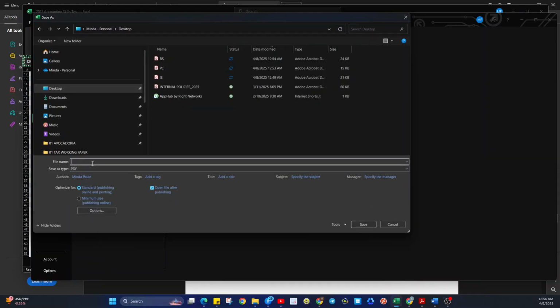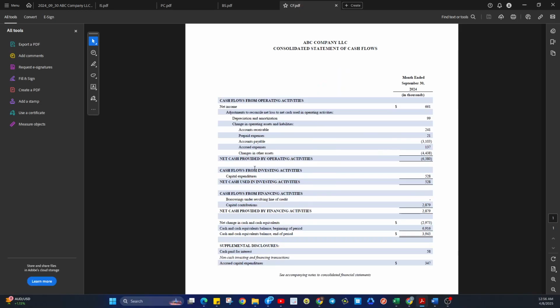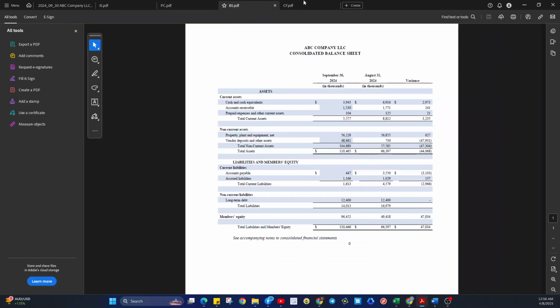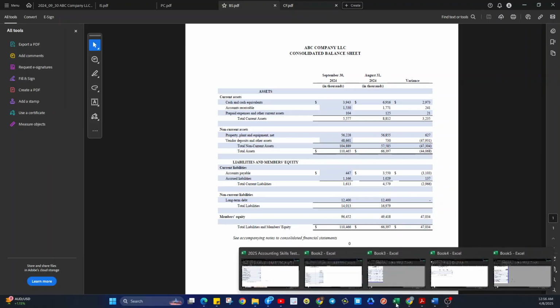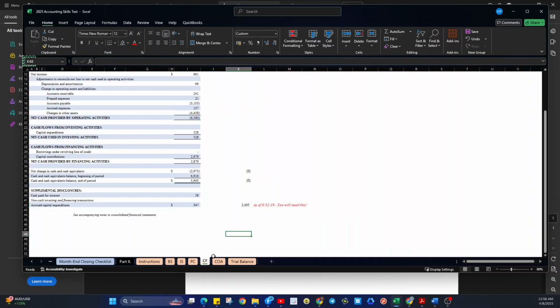Cash flow. So this one. So I was able to fulfill, but I admit I could have an error here because I wasn't able to figure this one out.